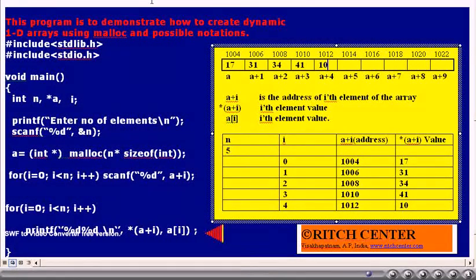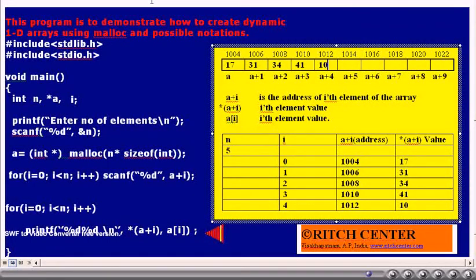By now we have read 5 element values into a dynamically allocated integer array. Using the last for loop, we can print the elements of the array. While accessing the array elements, we can access through star of a plus I or a of I notations.